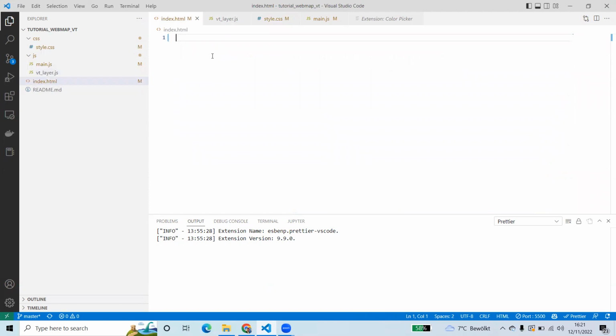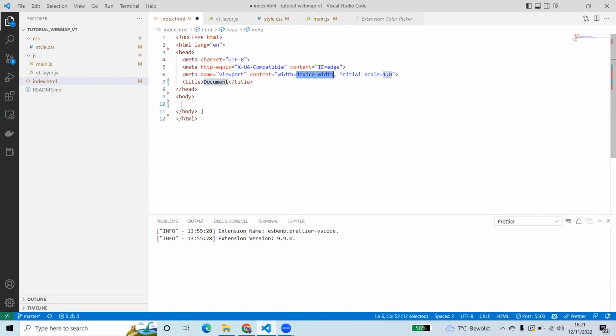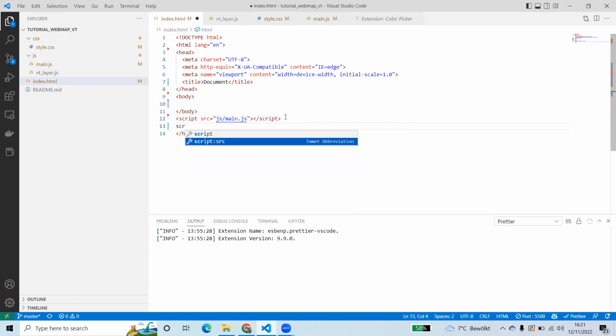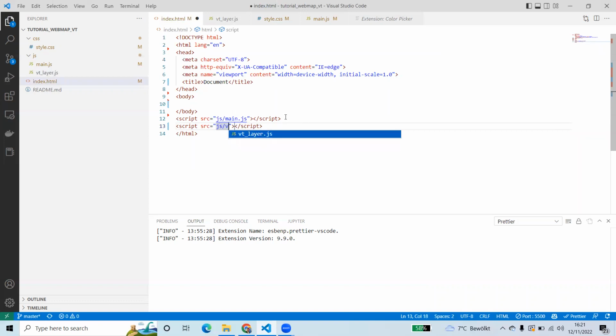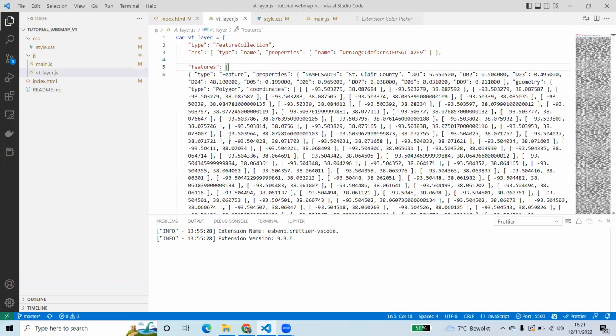First of all, to perform our activity, we are going to use HTML5, and then inside it I am first using main.js, and another one is vtlayer.js, slash vtlayer.js, and then save it, and we can see it has been